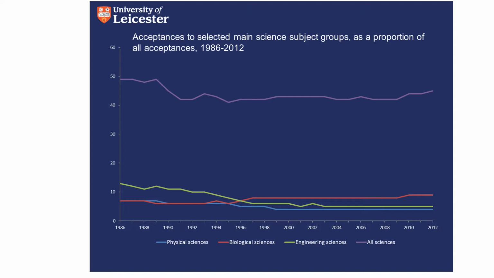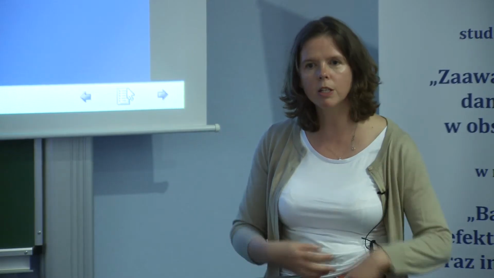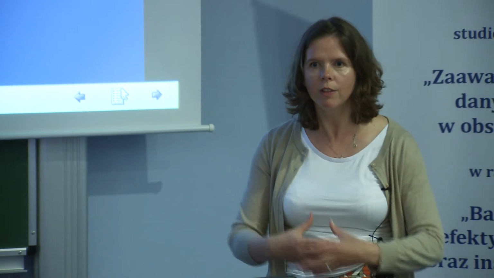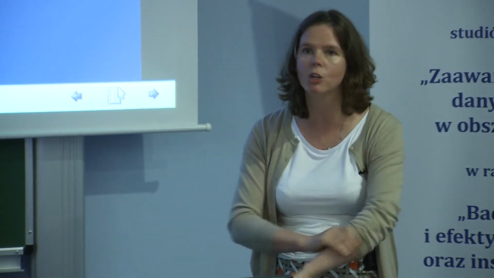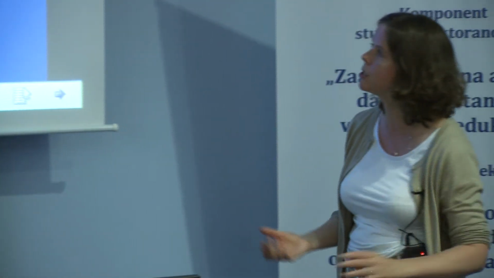You can see the blue line. This is the physical sciences. They're not increasing the numbers. The numbers are reasonably flat. So the physical sciences would include subjects like physics, chemistry, environmental sciences, and so on. If there has been any increase in the numbers of students studying these subjects, it's been in subjects like environmental sciences. Subjects that have become a little bit more diverse, non-traditional subjects, subjects that maybe have become a little bit more sexy in terms of what they offer or are perceived to be.